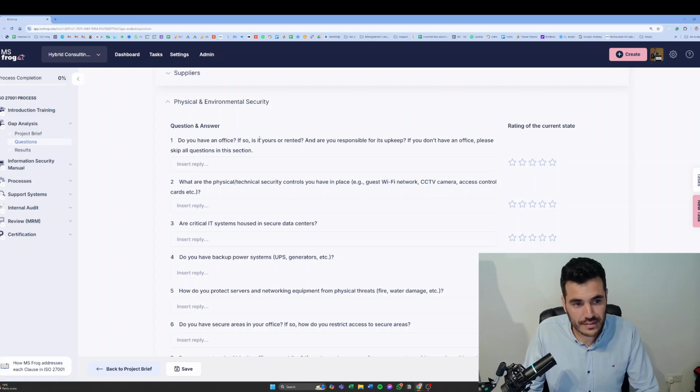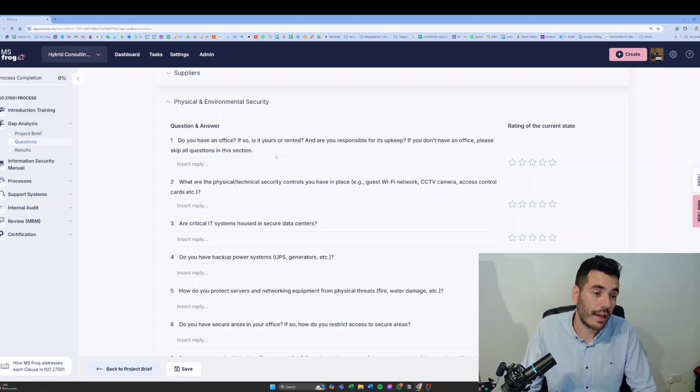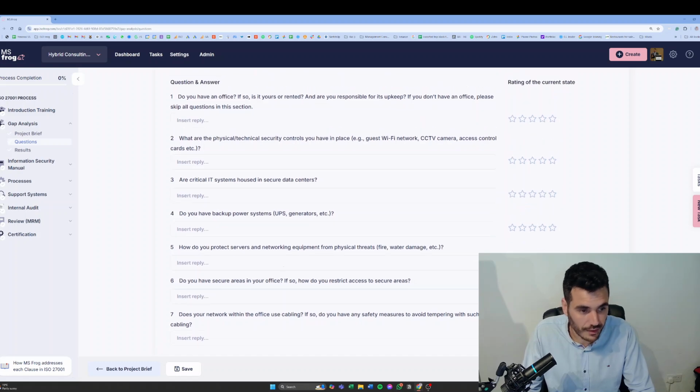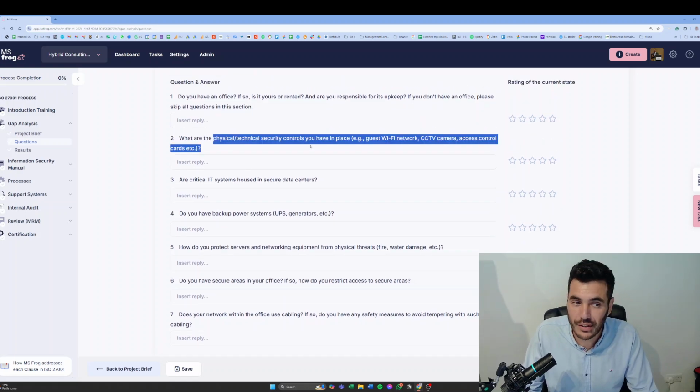If you have an office, if it's yours or if it's rented, are you responsible for its upkeep? Here we're alluding, of course, to the idea of equipment maintenance. If you don't have an office, you can skip these questions. If you have an office, whether you have any physical